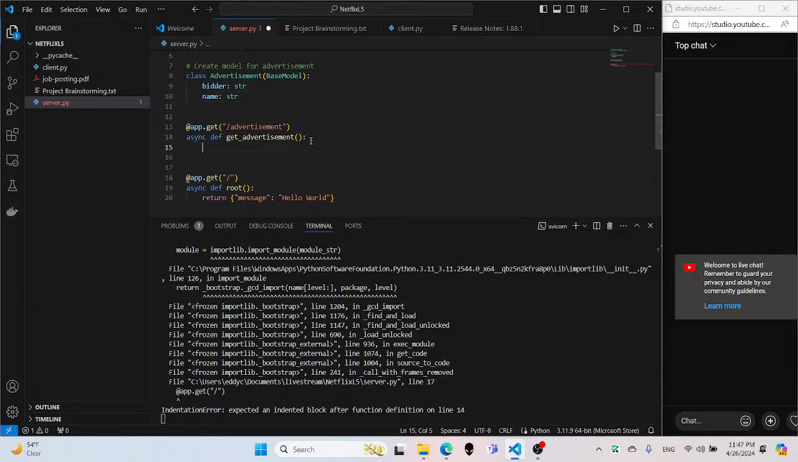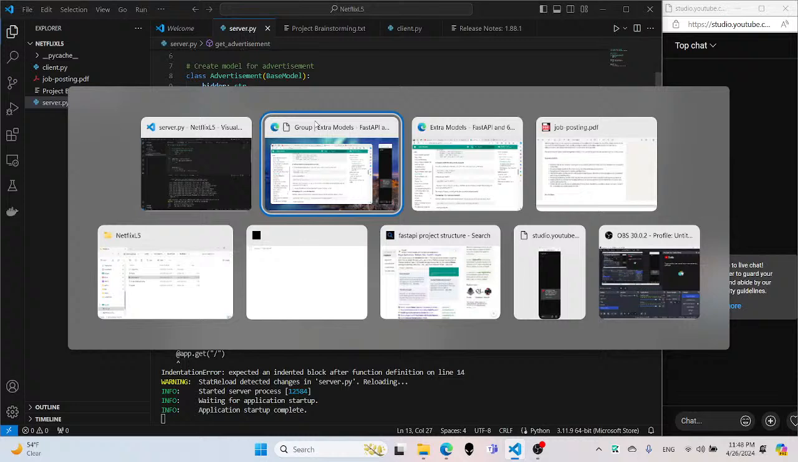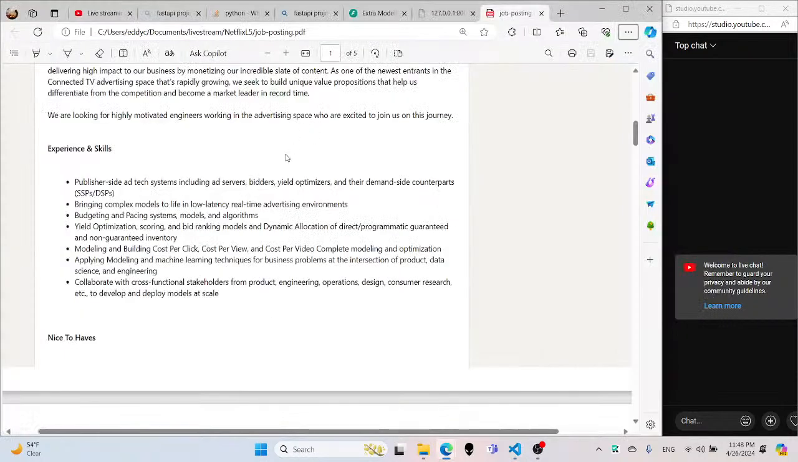So this endpoint is probably going to be giving us an advertisement for a certain show, or given some context, which we could make a context object: given the context of a TV show, what is the best ad? So for now, I'm going to add a module, which is going to be a